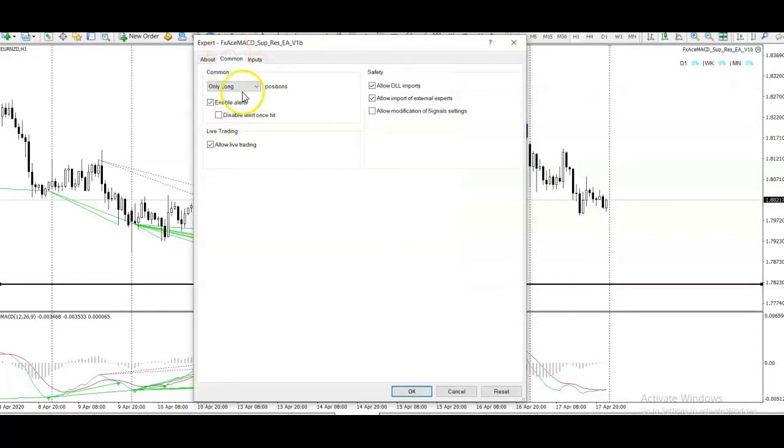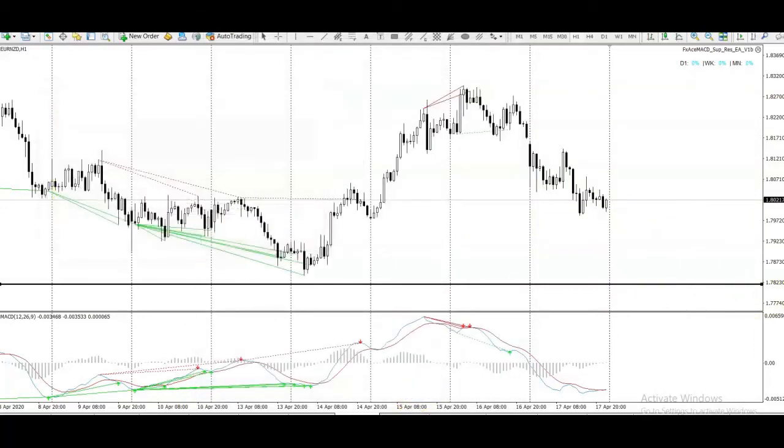Make sure allow live trading's on. Make sure the position is only long. Okay, it's only going to look to take one signal around that area. It's all programmed. Make sure on a Monday that auto trading is turned on, and you will have a smiling face on your EA. Okay,